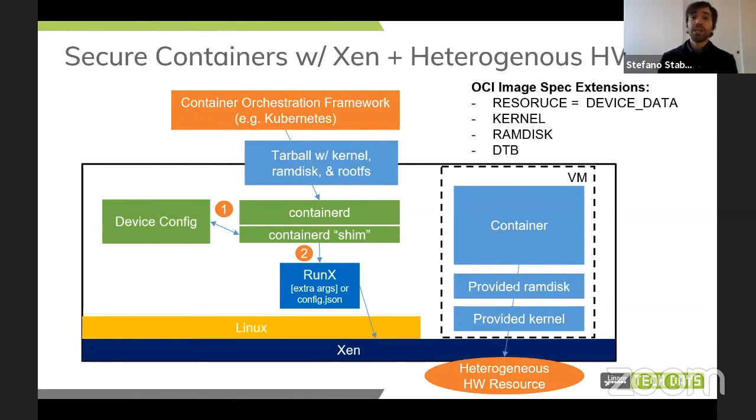Either way, the accelerator can still be configured correctly by the device configuration component, and then hardware resources such as MMIO regions, IRQs, and anything related will be directly assigned to the VM so that the container can have direct access. And with that, I give you the ball back.